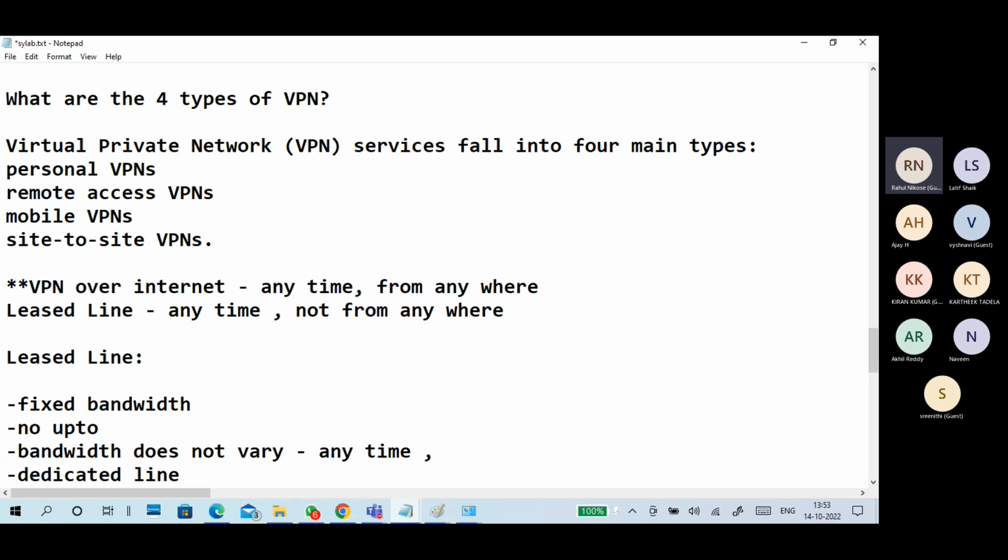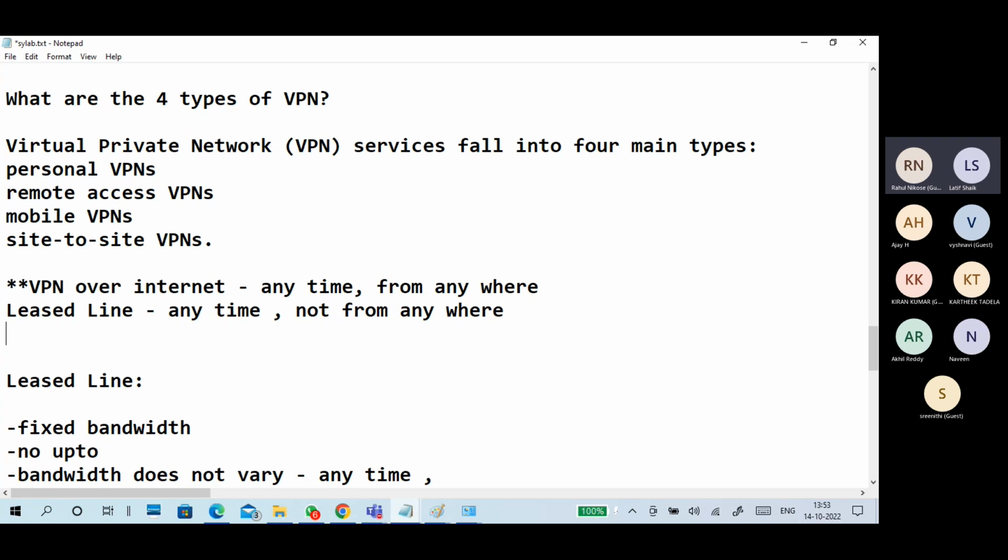That's the main difference between a leased line and a VPN. We are accessing VPN over the internet, so that's why it is anytime and from anywhere. With a leased line, of course, anytime you are using it, but not from anywhere. Understand the point, guys?